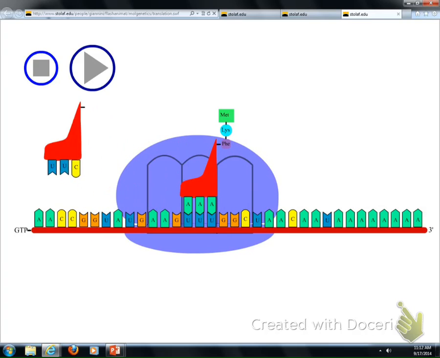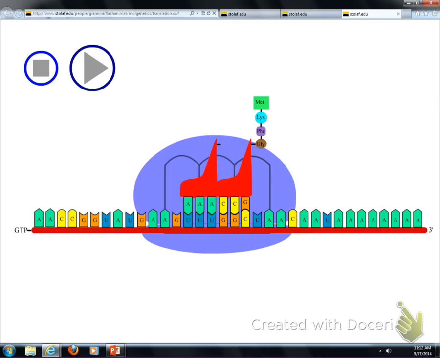The empty transfer RNA leaves. It goes back out to pick up another amino acid. Again, a fourth transfer RNA comes in. We get another dehydration synthesis reaction. And then at a certain point,